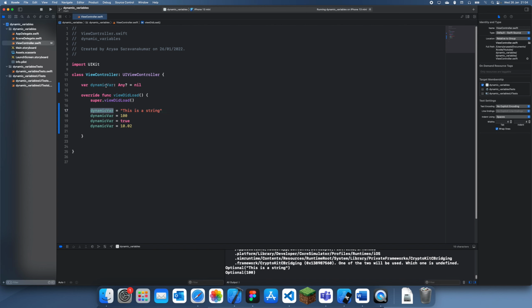So yeah, this was basically how you use dynamic variables in Swift. Again, if I'm using that term wrong, can you let me know in the comments. But I think in this context it just means you can set it to any type of